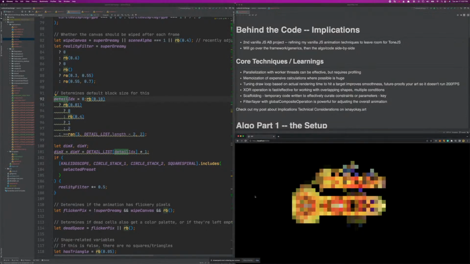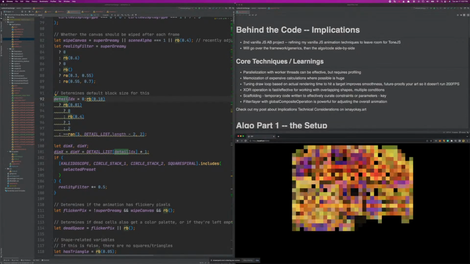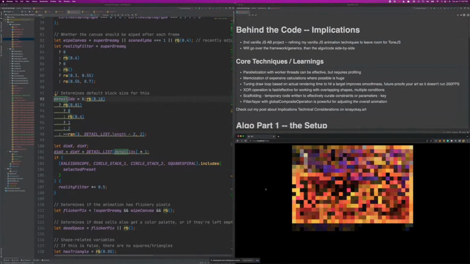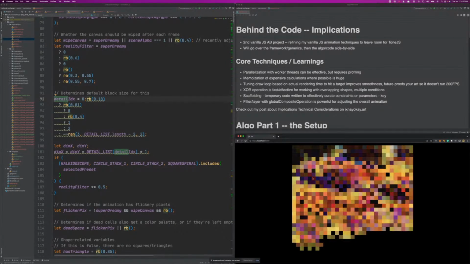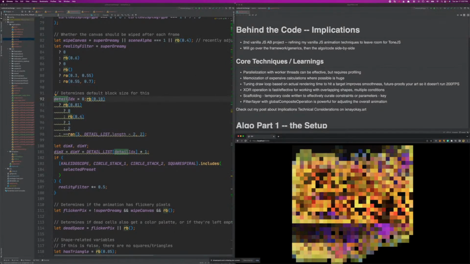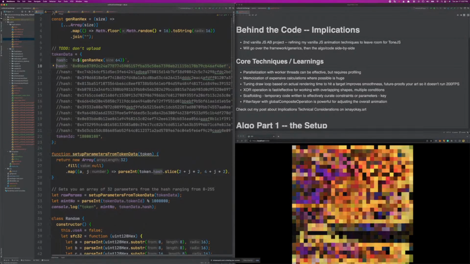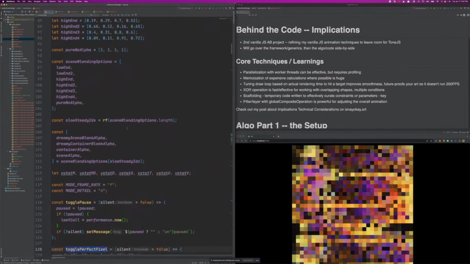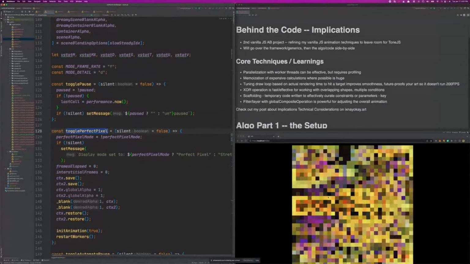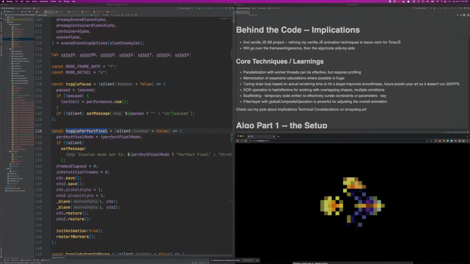Yeah, that'll do it. So here I set the detail level to like the blockiest detail level. So you can see that this is a much blockier output. Let me switch back to my code here. Right, so toggle perfect pixel. If I turn this on again,